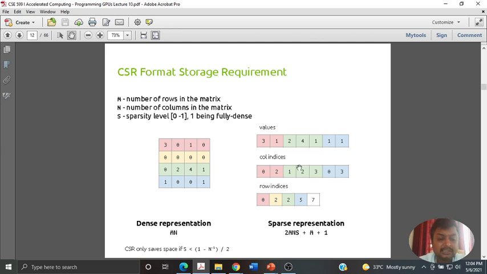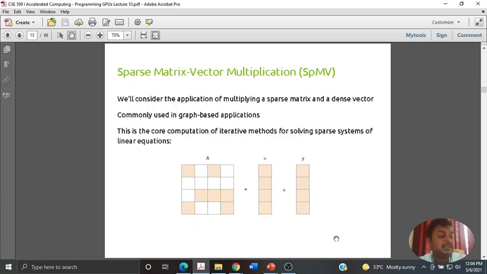Again, you just have to remember the formulas, the empirical formulas for that matter: how much reduction has happened with respect to the normal matrix representation, and when it is useful is stated by this equation. If s is less than 1 by whatever the number of digits you are representing, say m rows and n columns, and how many sparse elements are there, with respect to that you are computing how much storage capacity is saved.